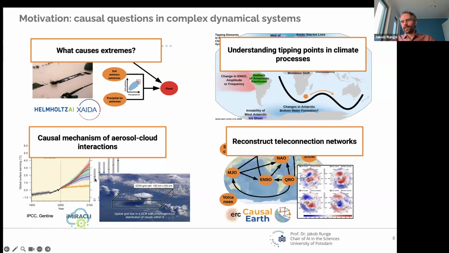And then also something like teleconnection networks. So these are emergent phenomena in the climate system, and they are spatio-temporal phenomena, and that also guides a lot of my research, how to deal with spatio-temporal data when you are interested in causal inference of these systems.